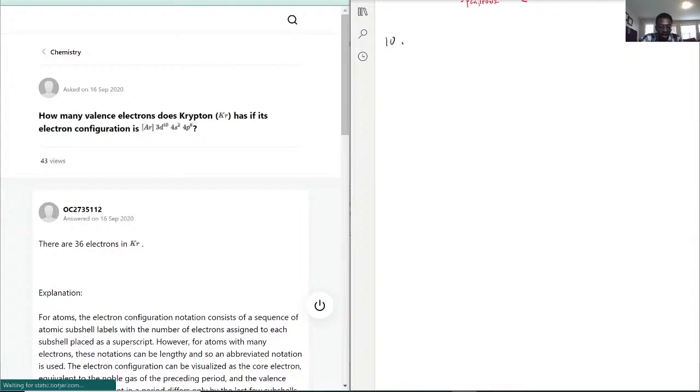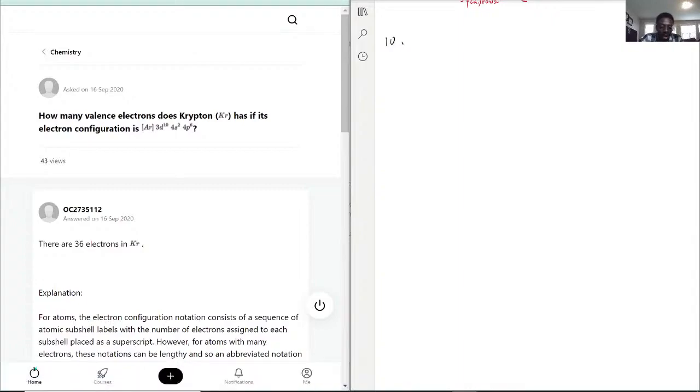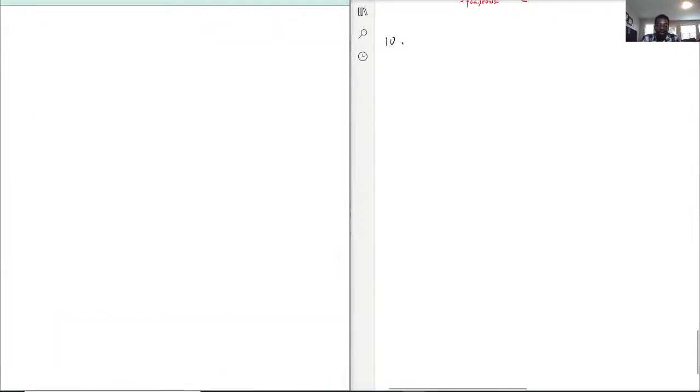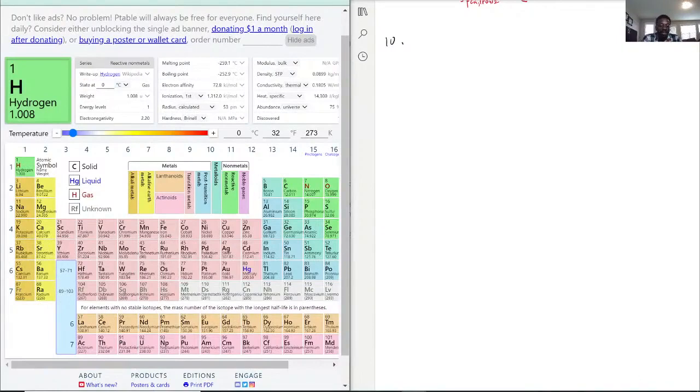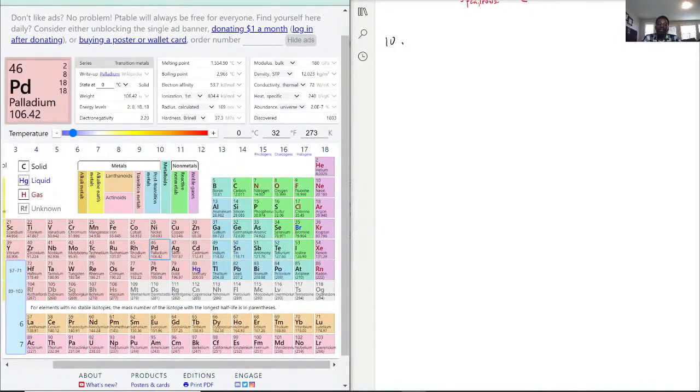With that being said, how many valence electrons does Krypton have if its electron configuration is that? So Krypton, let's look at it real quick on the periodic table. Surprisingly, it follows the same rules as the previous noble gas. The question is asking how many valence electrons does Krypton have? They give an orbital notation, but if we solve this,